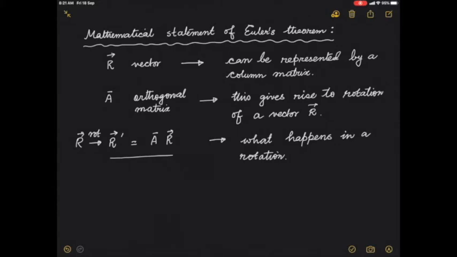First of all, if there is an axis of rotation, any point on that axis we know does not change by rotation. So if I have an axis of rotation, which is say this one, and I have some rotation about this axis, I have an origin which is the point fixed in the rigid body lying on the axis. If I take any other point on the axis, say this one, and take this vector as r, this rotation cannot change that vector, right? So Euler's theorem is telling you